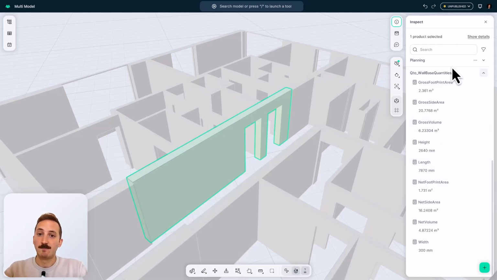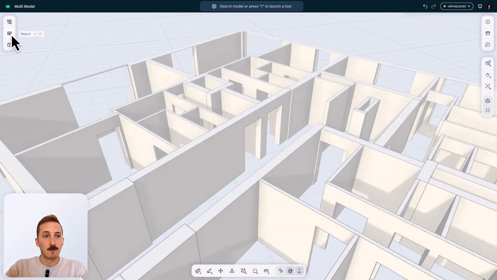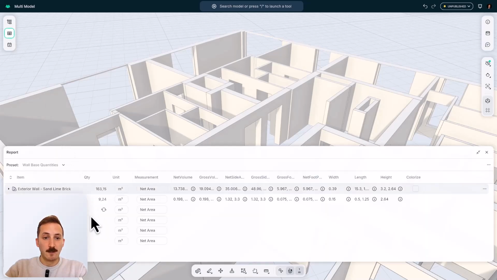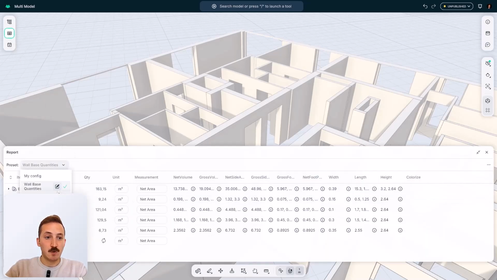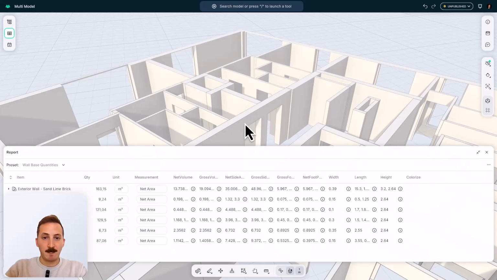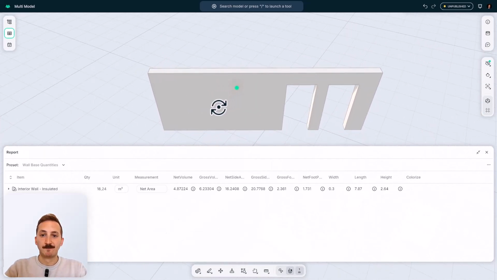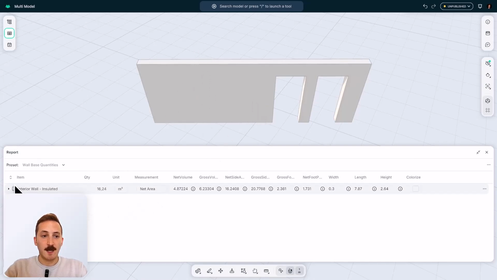I can also display some visual feedback. I can do that using the report panel. So I will open the report panel here. And I've set it up so that it also shows me these base quantities as extra columns in my report. And let's again keep it simple. I'll focus on one single wall to make it very visual. For this particular wall, I can now see